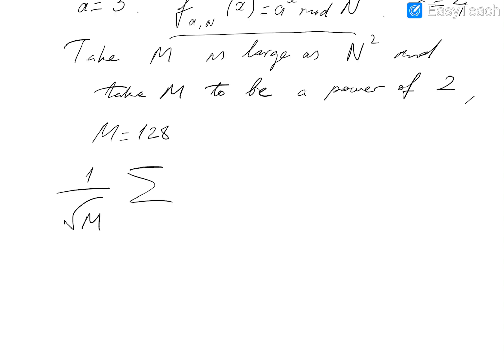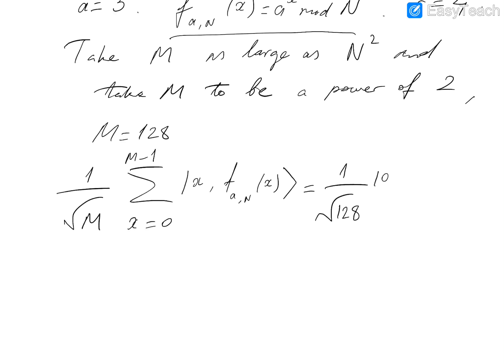We have 1 over square root m as the amplitudes, x from 0 to m minus 1, |x⟩|f(a^x)⟩, and this will be equal to 1 over square root 128 times: if x is 0, then the output of the function is 1, plus 1 over square root 128, if x is equal to 1, then the output of the function is 3, plus